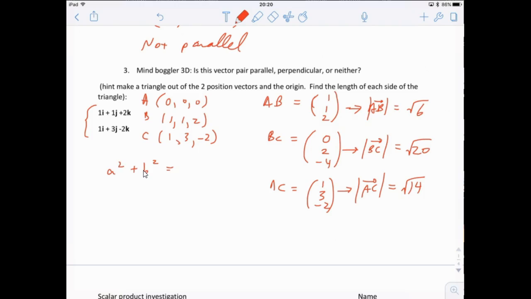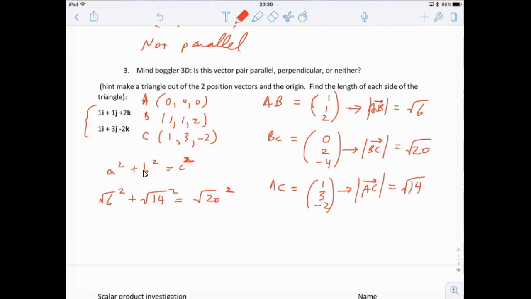If they do, we know it's a right triangle, and if we know it's a right triangle, that means we know that the two vectors are perpendicular. Okay? So we're going to put square root of 6 squared plus square root of 14 squared equals square root of 20 squared. How did we know that we're supposed to put square root of 20 by itself on the right side? Because square root of 20 is the longest side, so obviously it would be the hypotenuse